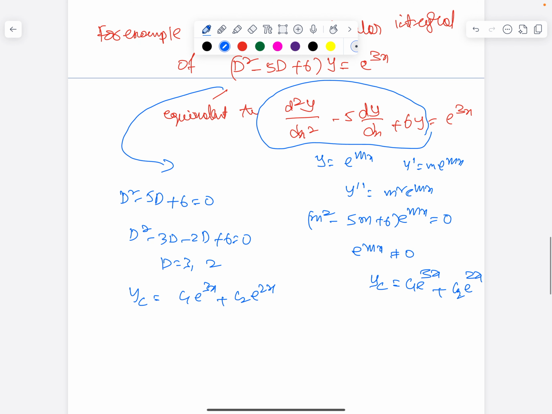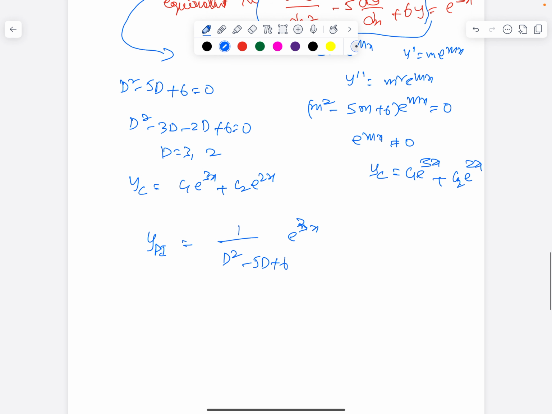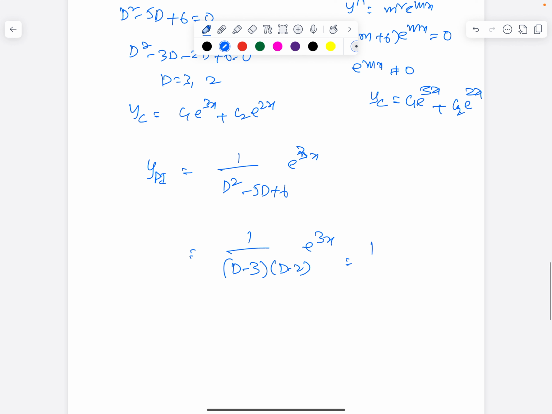Now the question is how do you find yPI? So yPI is equal to, according to our definition, 1 over (D square minus 5D plus 6) into e^(3x). So that is the given equation. But you know that the denominator you can split as (D minus 3) into (D minus 2), e^(3x). So according to the definition, you can write it as 1 by (D minus 3) into 1 by (D minus 2) e^(3x),